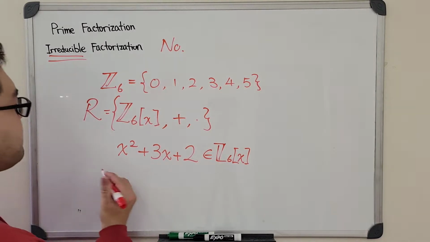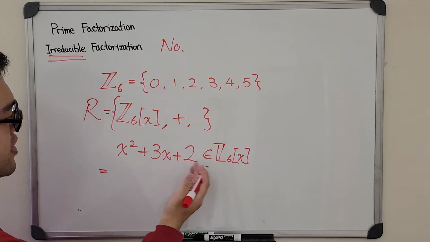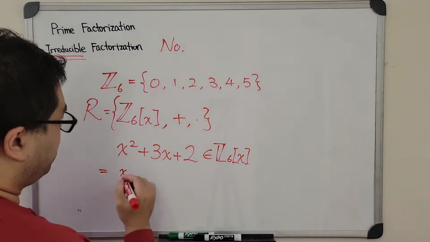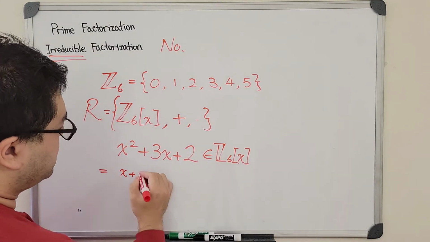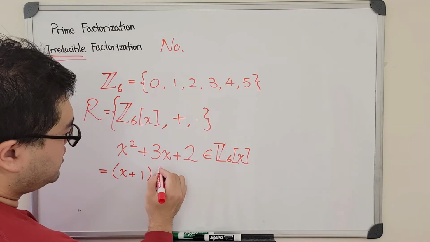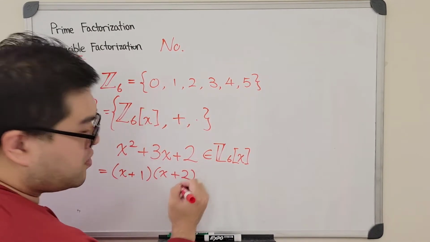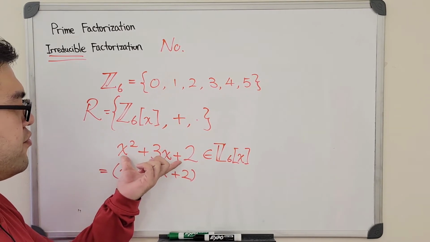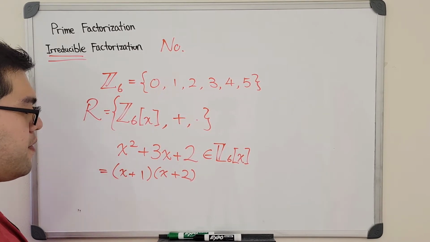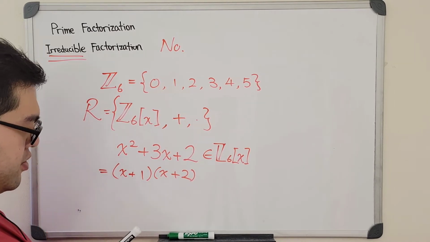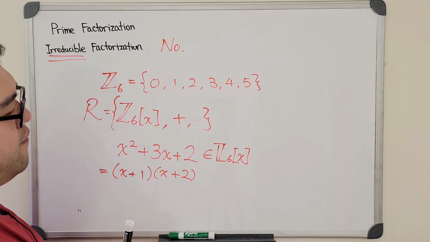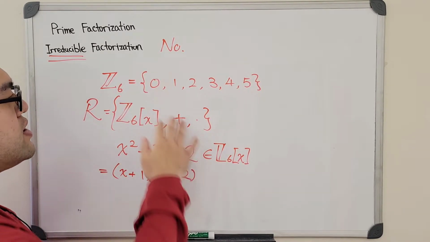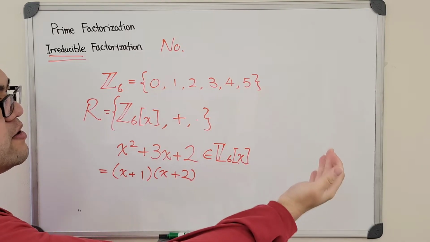Well, clearly we can factor this as we usually do in high school algebra. We can just use the cross product to get x plus 1 times x plus 2. Good. But in fact, we can try to factor this in a different way. How? So consider the definition of Z6 here, which is just the remainder after we divide an integer by